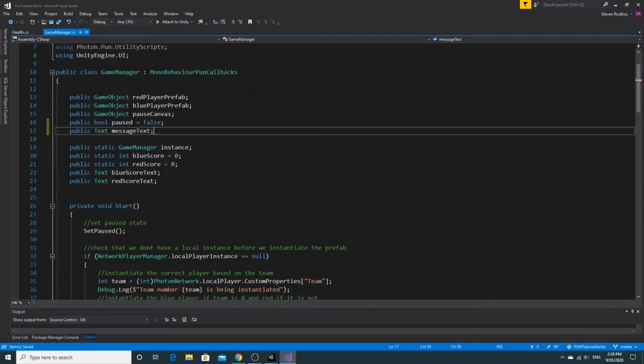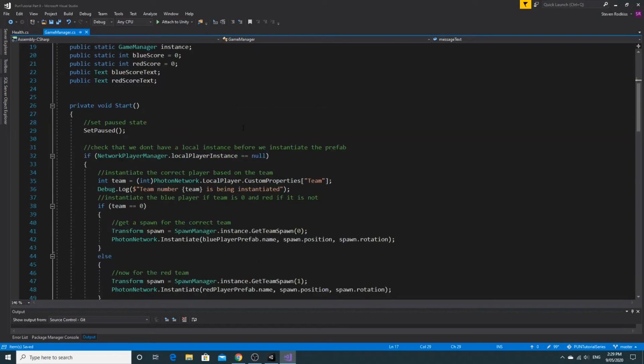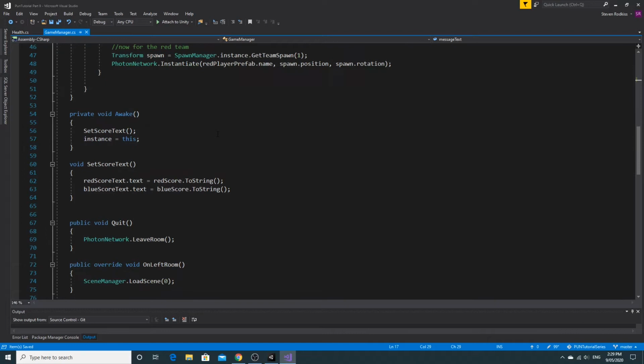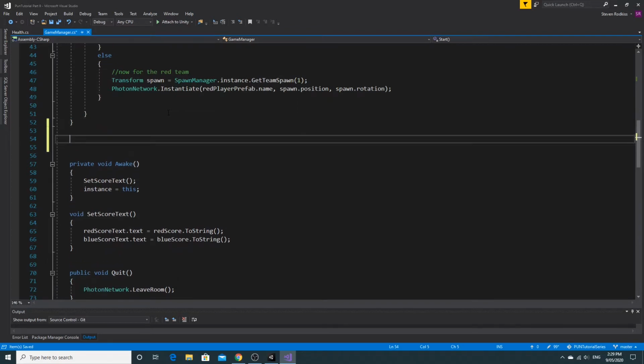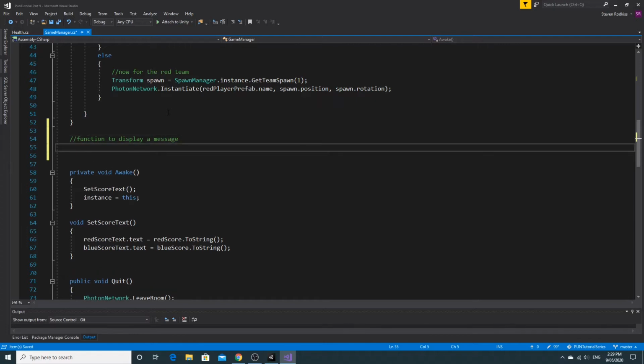That'll be fine. The reason I wanted to do that is because you just get no feedback right now, and it's kind of important if we have something. So I'm just doing this underneath the start function for no real reason. I'm just going to create a function to display a message. And there's a couple of ways of doing this. I wanted to do it as an IEnumerator, so I'm just going to do that. An IEnumerator allows us to run it as a coroutine, so we can display the message for a certain length of time and then it'll go away again. So we'll call this display message,